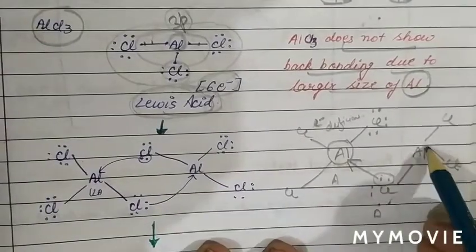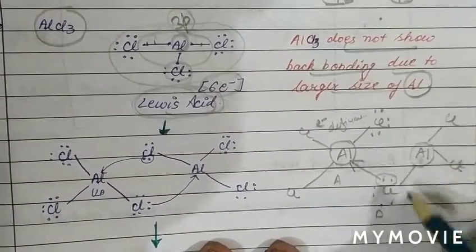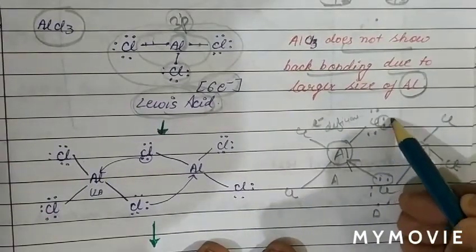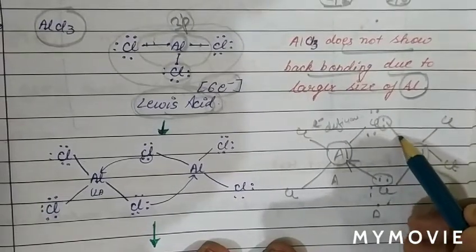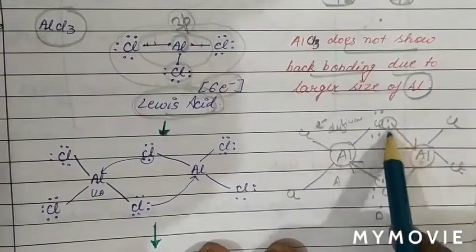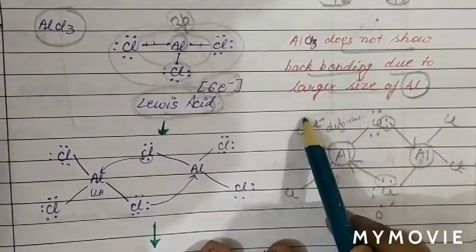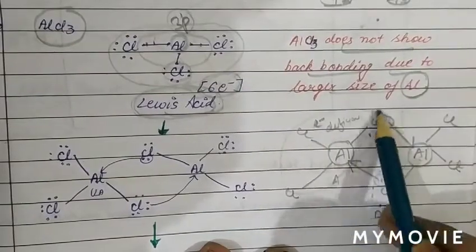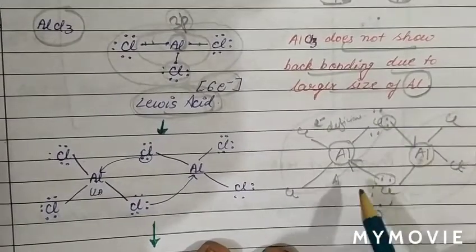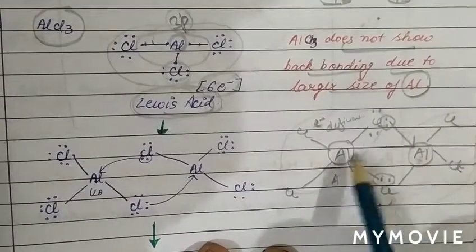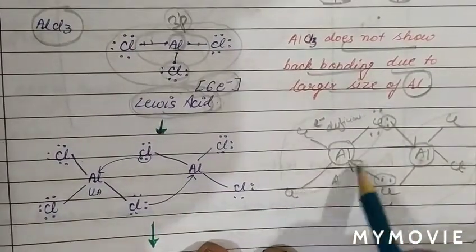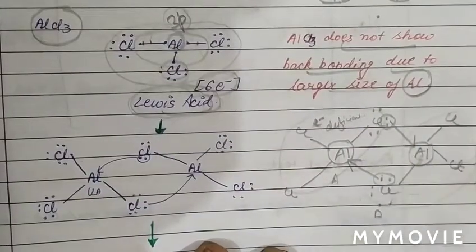In the same way, again in this molecule of AlCl3, aluminium is electron deficient. So the electron deficiency is removed by donation of an electron pair from a chlorine atom to the vacant orbital of aluminium. So there is formation of a coordinate bond and 2 molecules of AlCl3 are joined, by the formation of a coordinate bond from chlorine atom to aluminium, from donor to acceptor. So when 2 molecules of AlCl3 are joined, it forms a dimer.